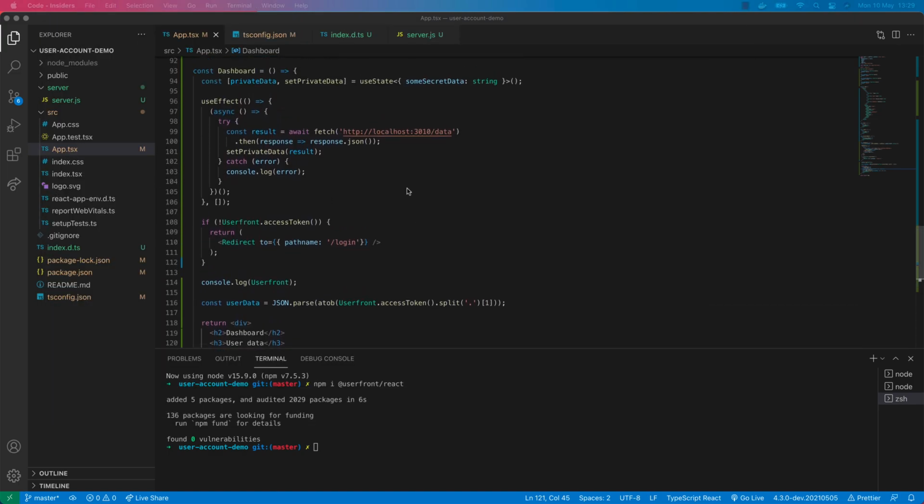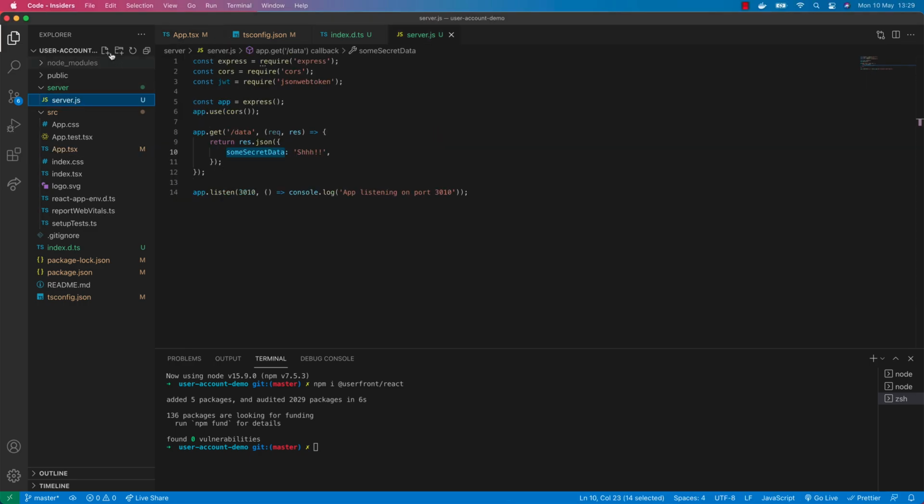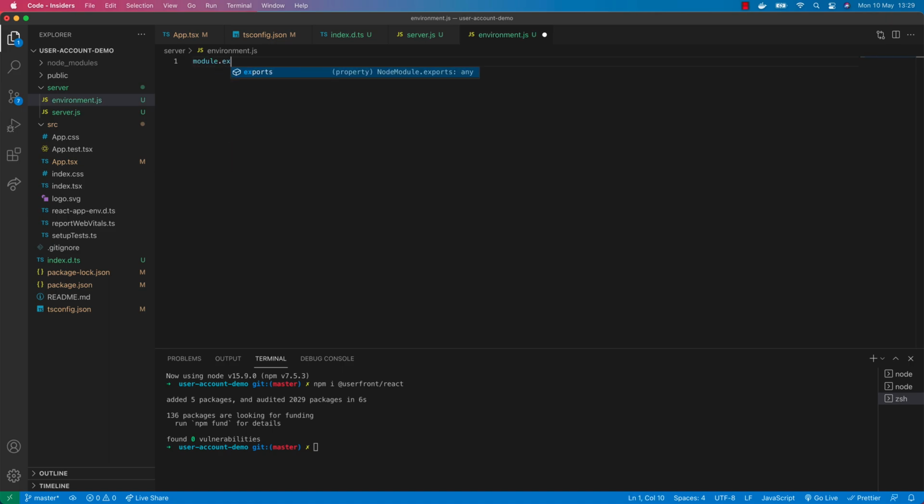Okay, so the first thing we'll do, let's go back to our server code. I'm going to create an environment file just to hold one bit of information. So I'm going to export one object from this module, and it will have basically one property in there called Userfront public key. So we're going to be basically verifying the tokens that are being sent to this endpoint based on the Userfront public key,